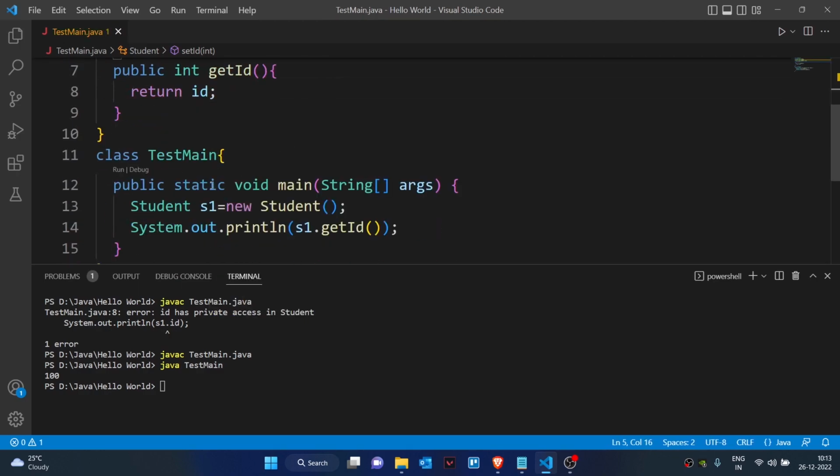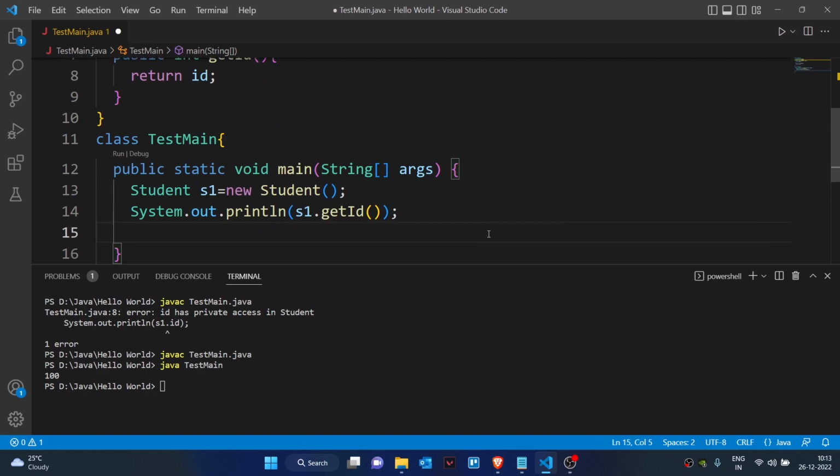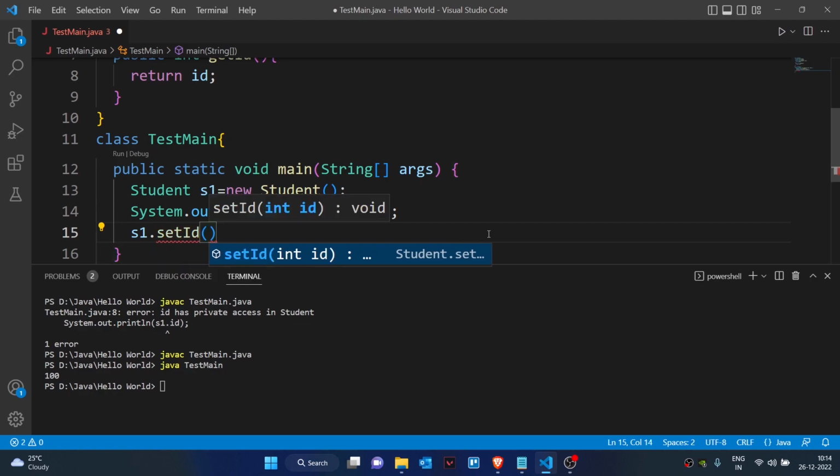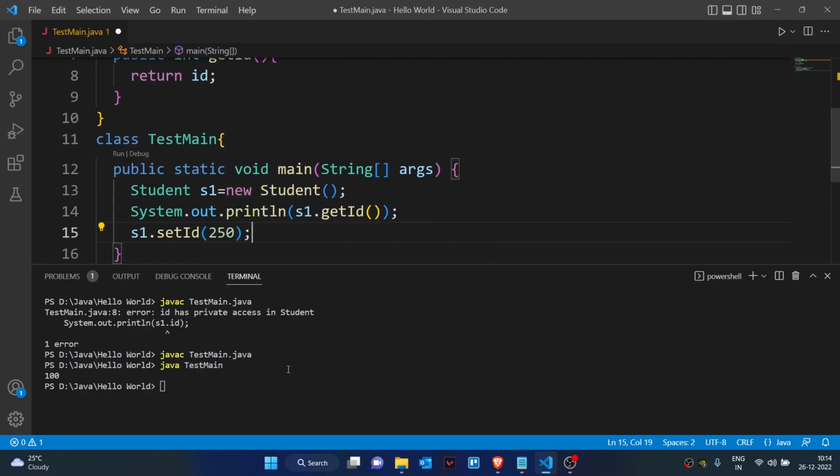So now I'll set my value: s1.setId, and I'll change my id value to 250. Now if I try to print this value again,